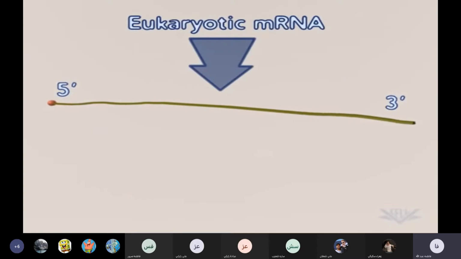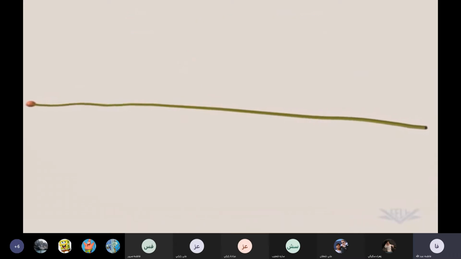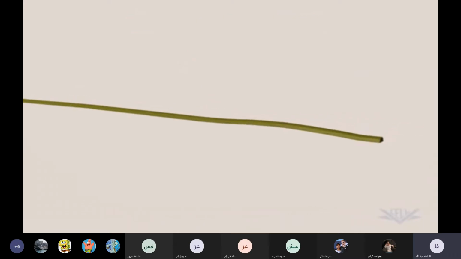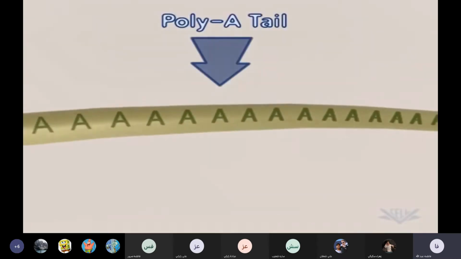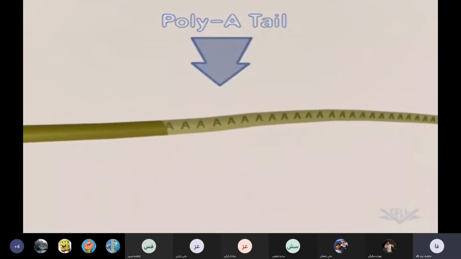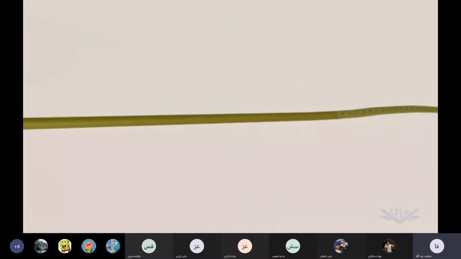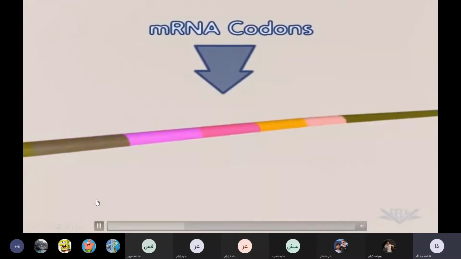Eukaryotic mRNA, the substrate for translation, has a unique 3' end called the poly A tail. mRNA also contains codons that will encode for specific